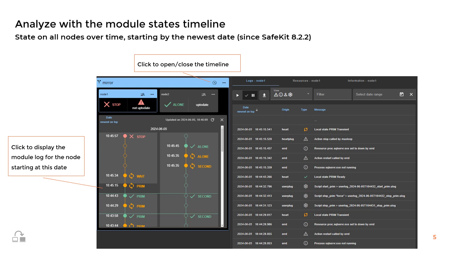The timeline shown is the one available at the time of loading. To refresh the timeline with the latest date changes, simply click on the refresh icon. Additionally, you can click on an event in the timeline. As shown in the figure on the right, the module log associated with the event will be displayed. It's important to note that the clocks of the 2 nodes must be synchronized for the state changes to be accurately mapped. This ensures that the timeline provides meaningful and precise information about the module states.